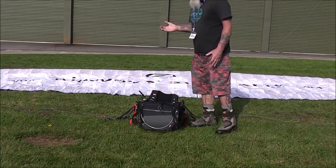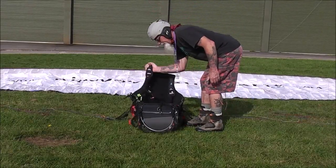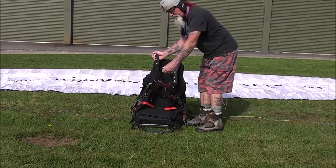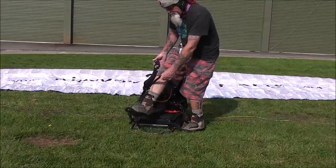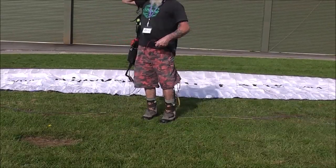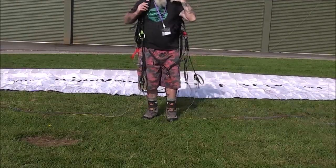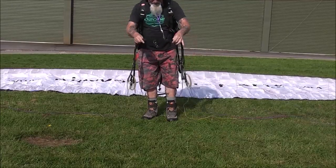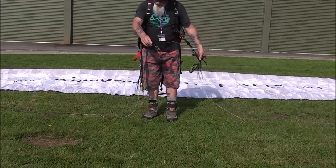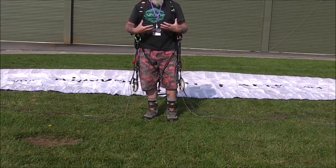So I'm right-handed. I stand beside the harness, reach across to the far shoulder, take the tow bridle, hold it out, step first one foot, then the other foot, and then lift the harness onto the shoulders, straight in, and you can see the bridle is now coming out inside. The risers are free and clear at each side,